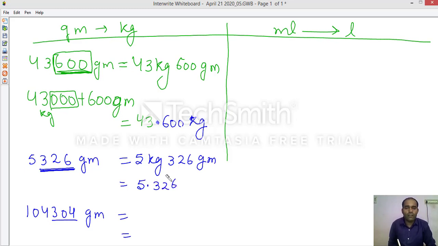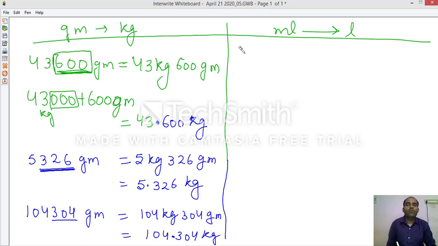Before 3 digits the point will come and it will be changed into kilogram. Here, these 3 digits will go in the gram portion and all the left digits will go in the kilogram portion: 104 kilogram 304 gram, or you can write 104.304. Before 3 digits the point will come, 1 2 3, and it will be changed into kilogram. Simple.